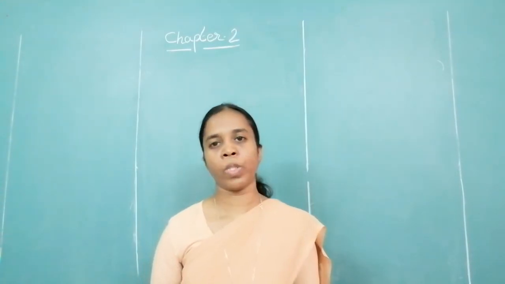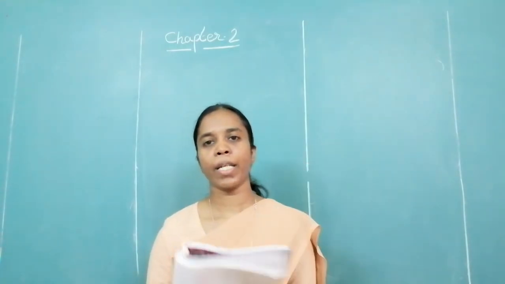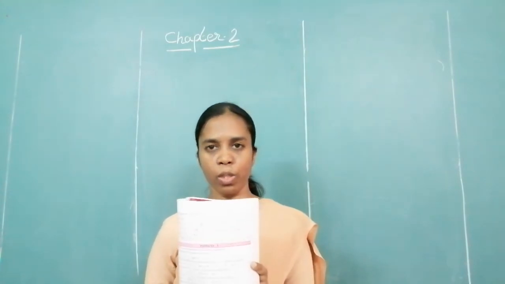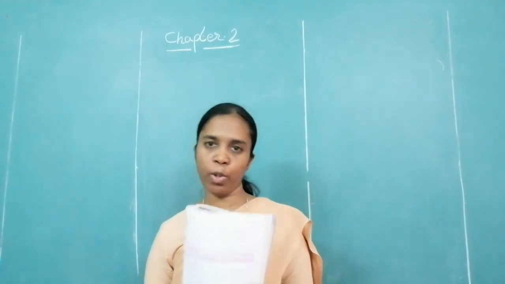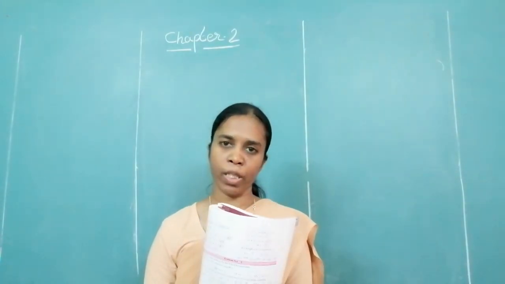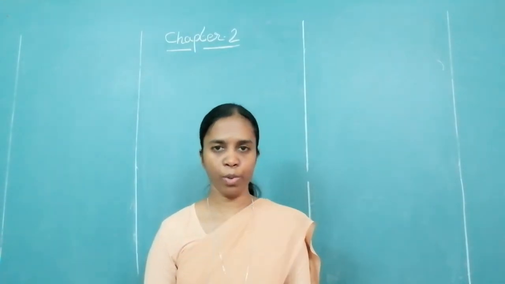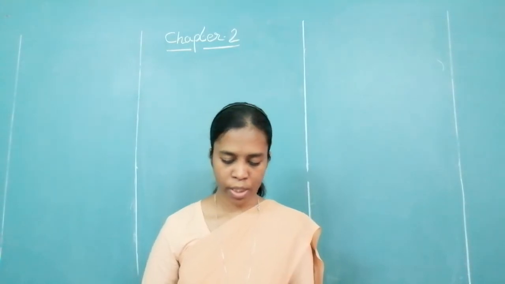That means each one. Suppose I have a book. I take 5 days to complete reading this book. So in one day, how much will I read? I will be reading 1 upon 5, because I take altogether 5 days. So in one day, I read 1 upon 5.